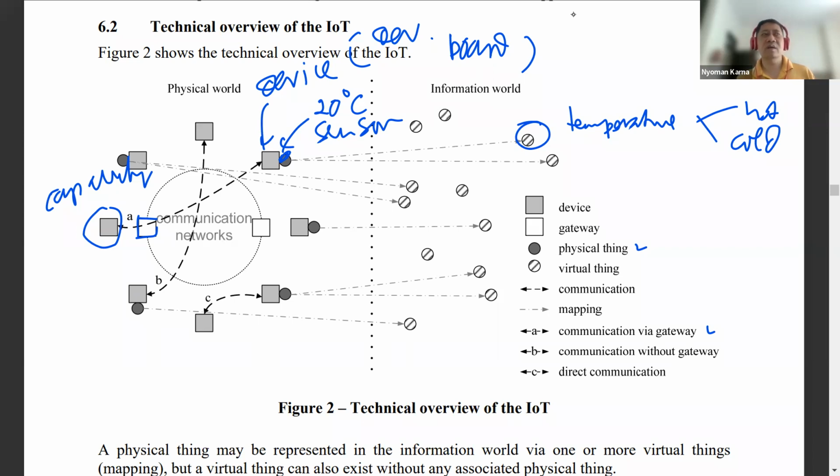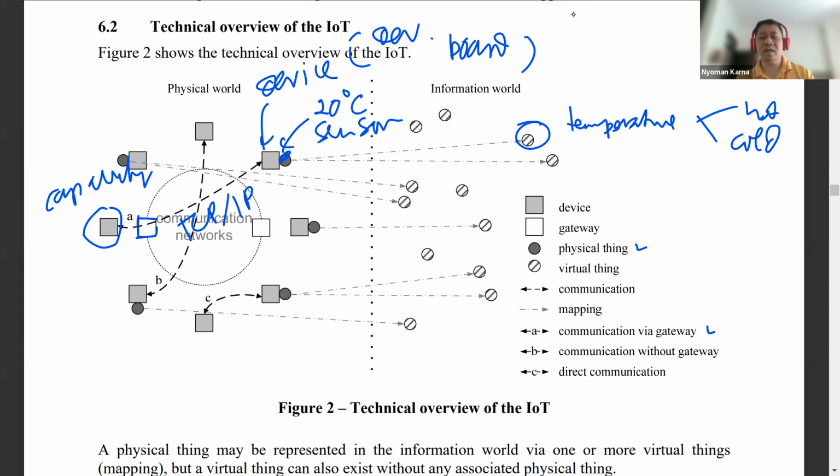I just know how to send data in maybe plain text, maybe using RX/TX or RS232 or RS485. That's the only thing I can do to send the data. But the communication network, for example, uses TCP/IP. Oh, I don't know how to communicate using TCP/IP. I don't have a TCP/IP stack.